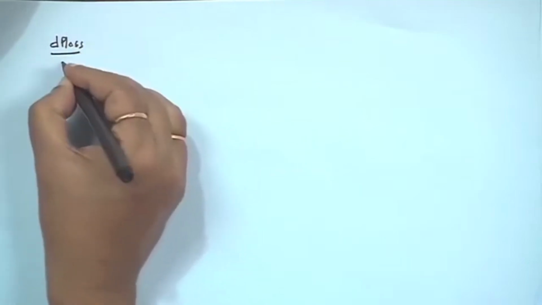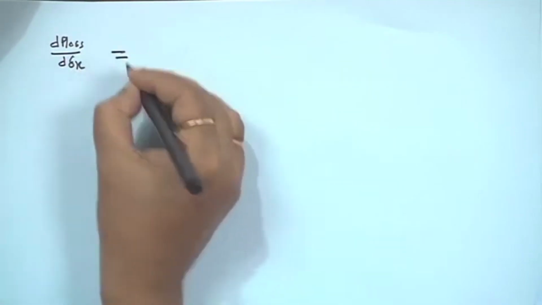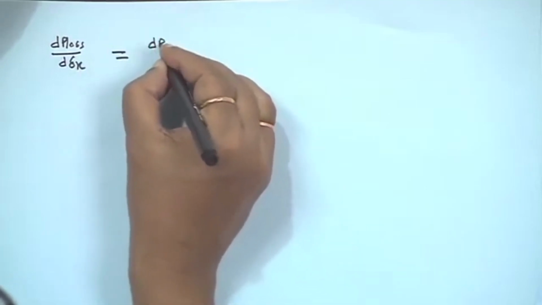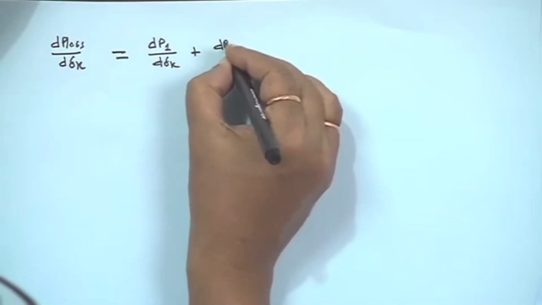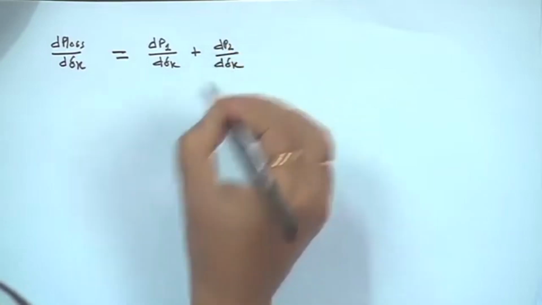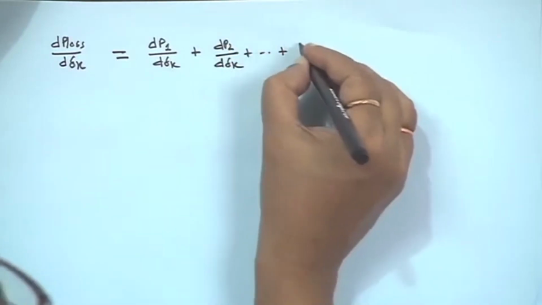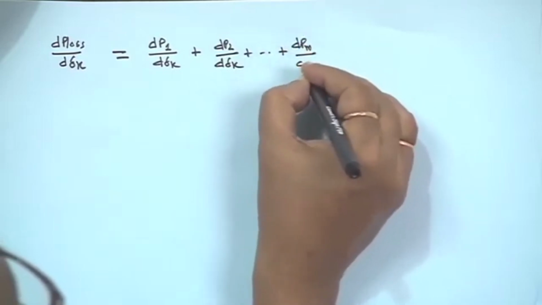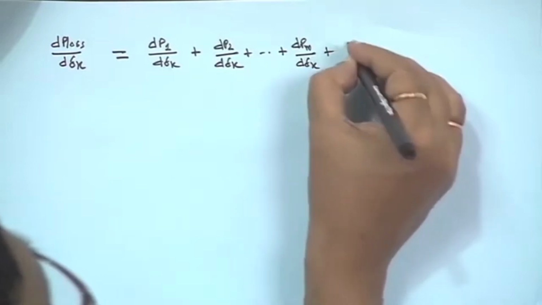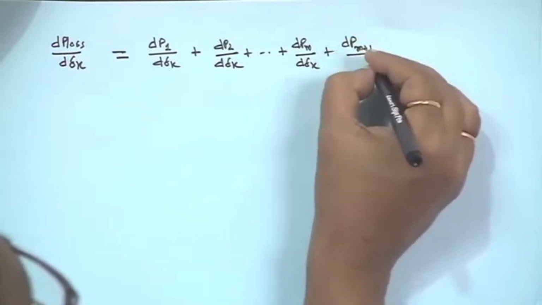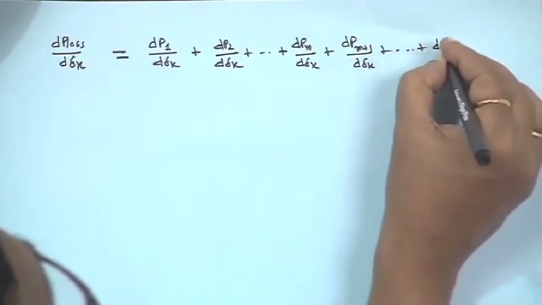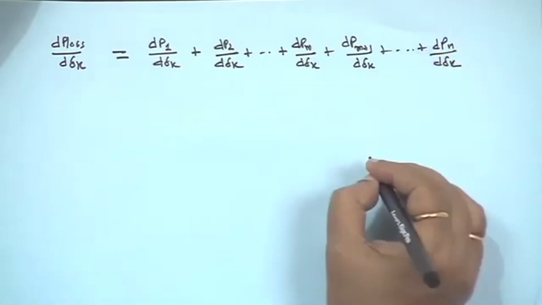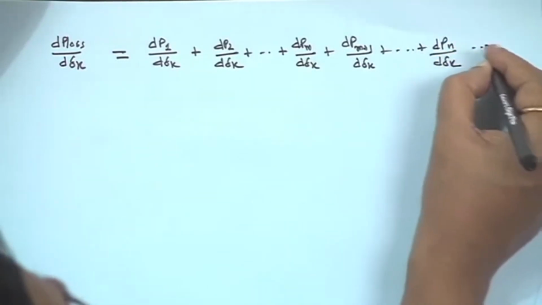ΔP loss, then Δ K, right, is equal to ∂P1/∂ΔK. I am rewriting that: ∂P2/∂ΔK plus up to ∂Pm/∂ΔK. The next term will be ∂Pm+1/∂ΔK, then up to the nth term, right, plus ∂Pn/∂ΔK. This is actually your equation 71, right, and then equation 74